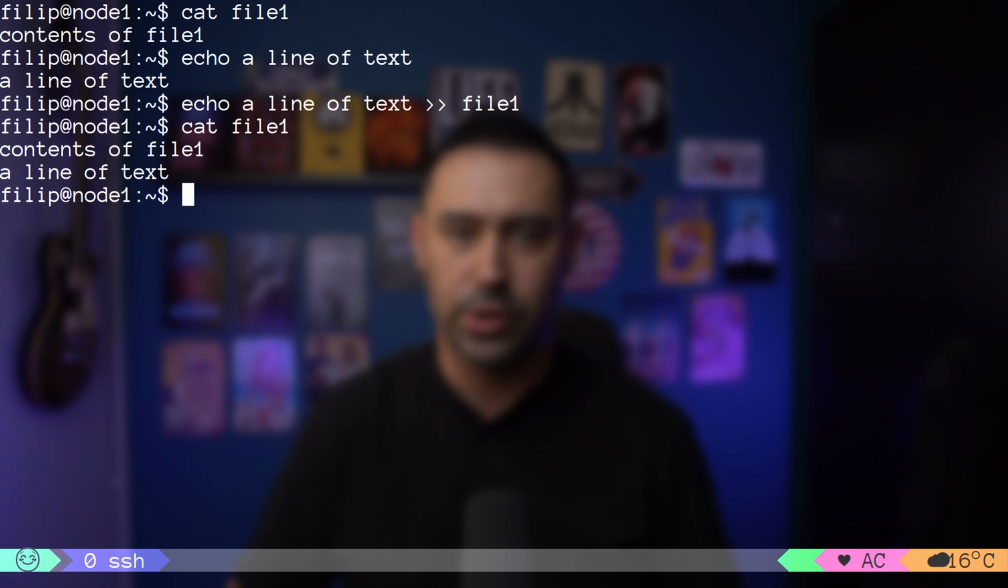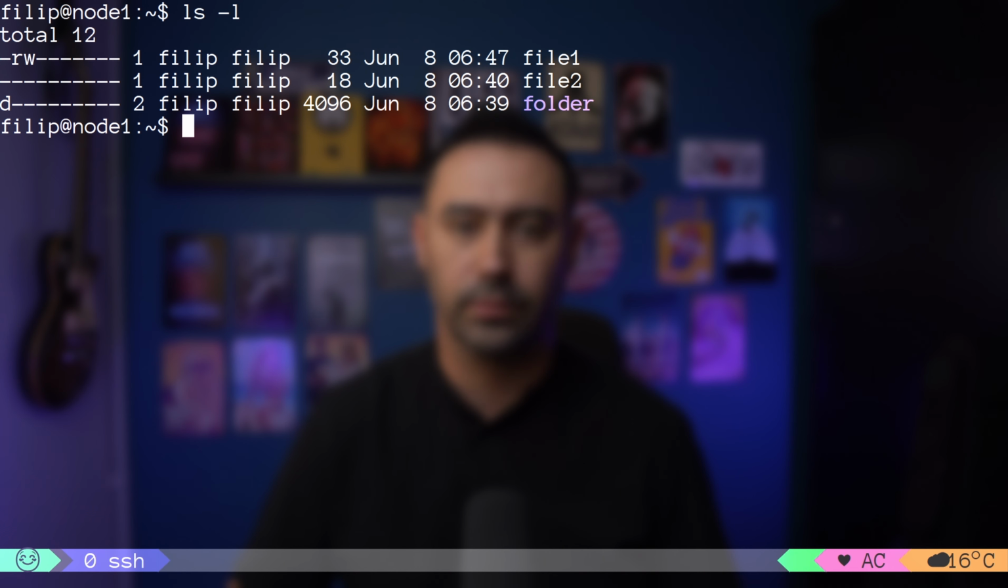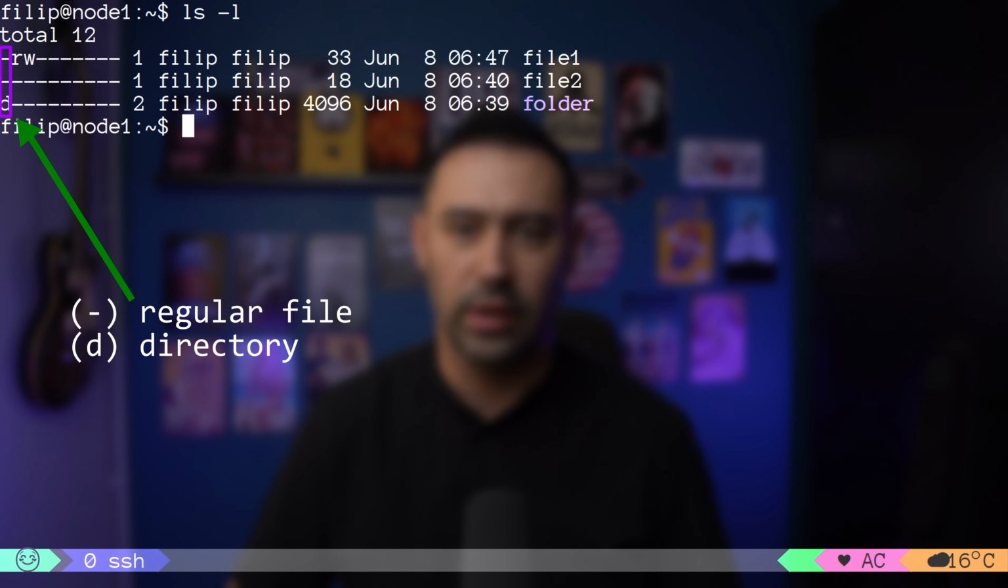Going back to permissions and ownership. If we list our directory with ls -l, we'll see two files and a folder. Let's look at the first 10 characters on the far left. First character indicates the file type. There can be various file types, but we'll focus only on dash, that is a regular file, and d, that